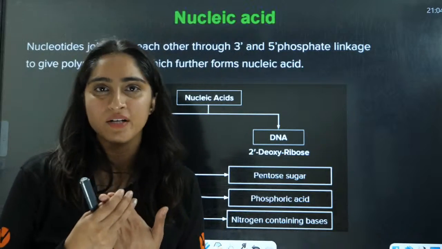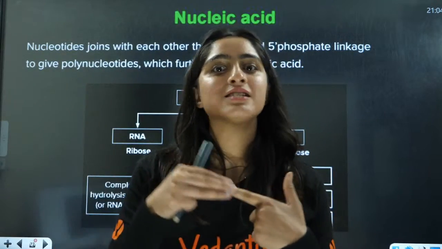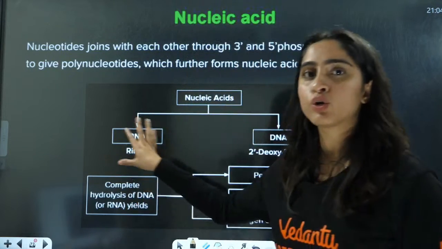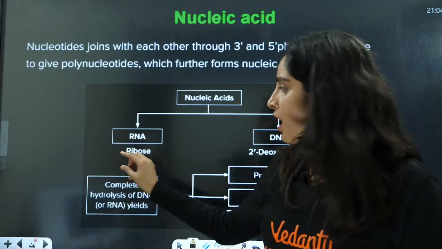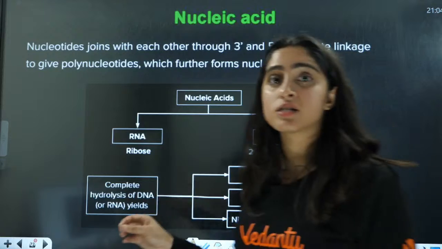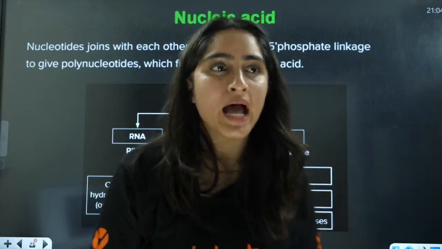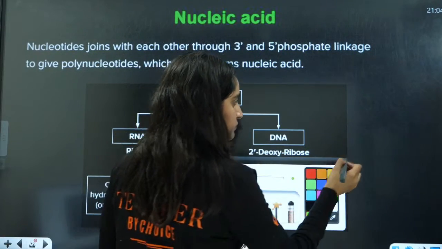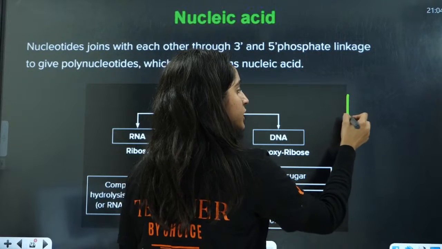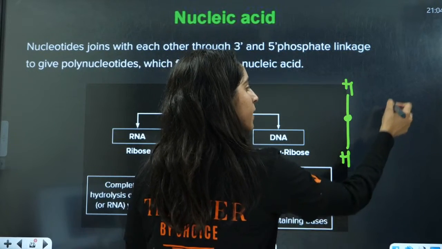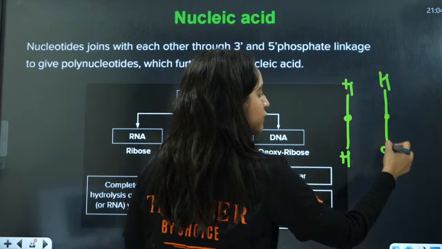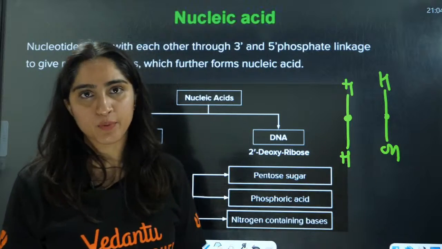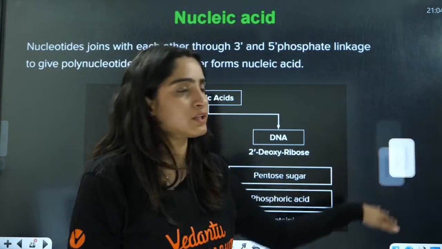It has basically 3 units here. RNA and DNA have 3 units. One is the sugar. The sugar in RNA is ribose and the sugar in DNA is deoxyribose. That means at the second position, there will be both hydrogens here. But in ribose you have one H and one OH. This is deoxy, this is oxy. This is ribose, this is deoxyribose. So this is the difference between the sugars.